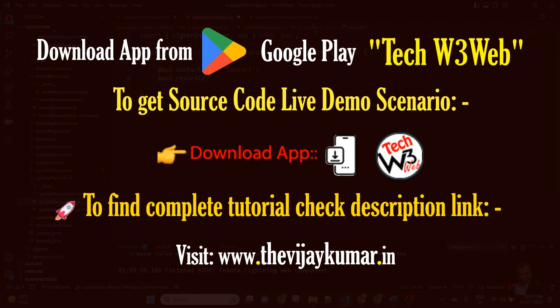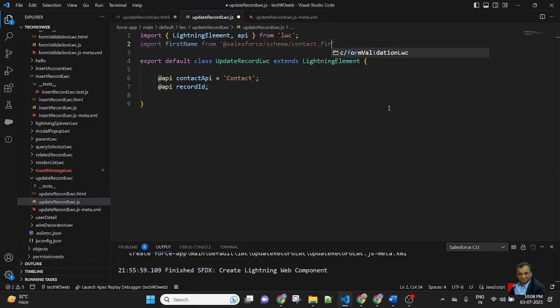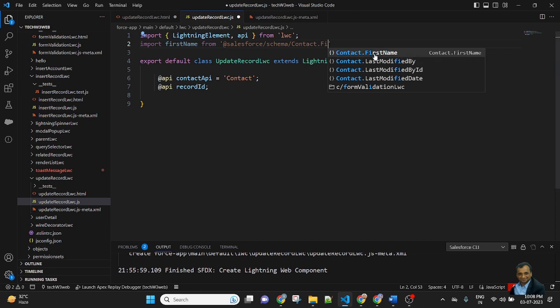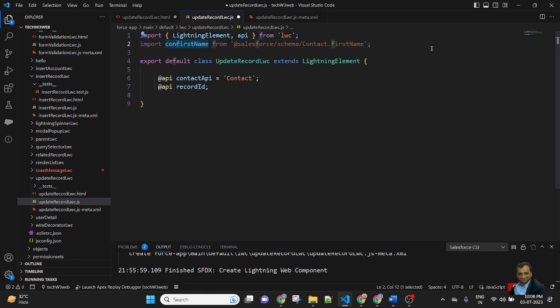Now I am importing the contact fields. So import first name from Salesforce schema contact dot first name.